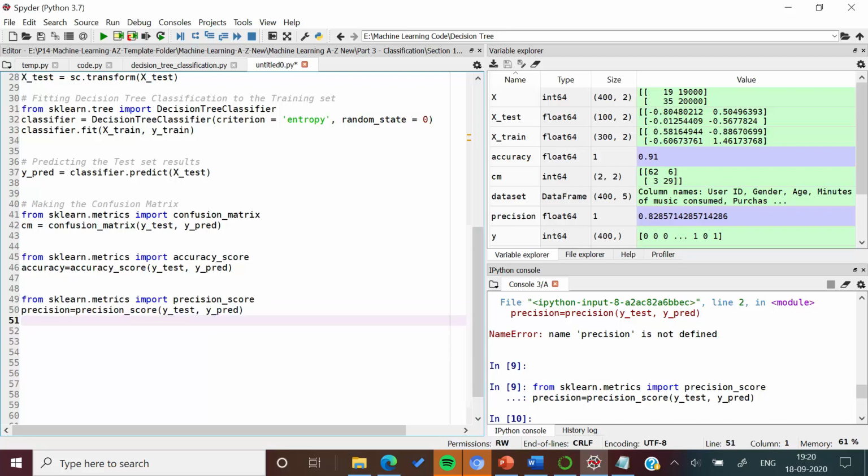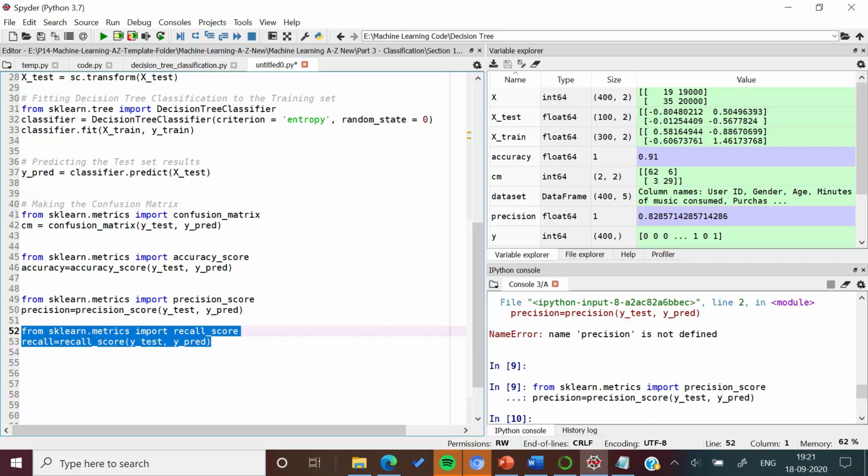Now let us calculate the value of recall. To calculate the value of recall, we have to invoke recall_score method from metrics sublibrary of sklearn. Again we have to pass actual and predicted values. So the syntax is same. We just have to import recall_score method to calculate the value of recall.